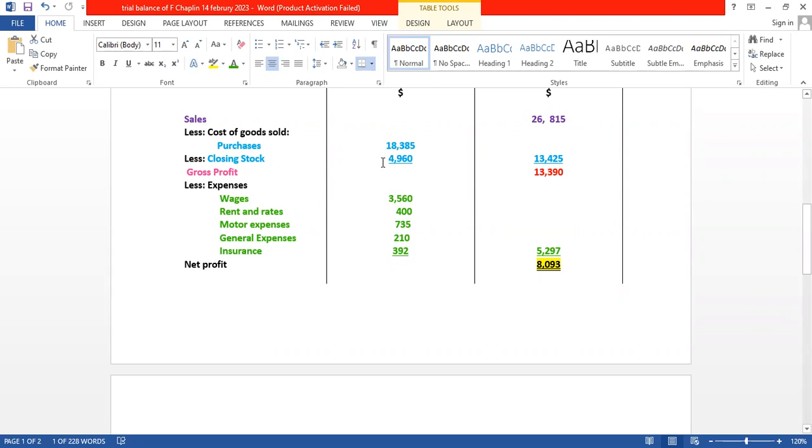18,385, take away $4,960, and what we will be left with is $13,425. Notice we didn't put the answer here, but we put it in the second dollar sign instead. There's nothing else to be added or subtracted from this figure here. So we put the final figure here on the second column. Then we move on, and